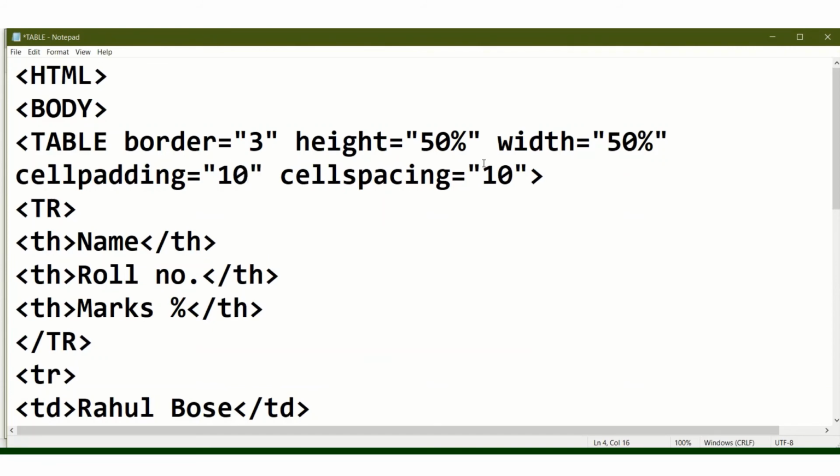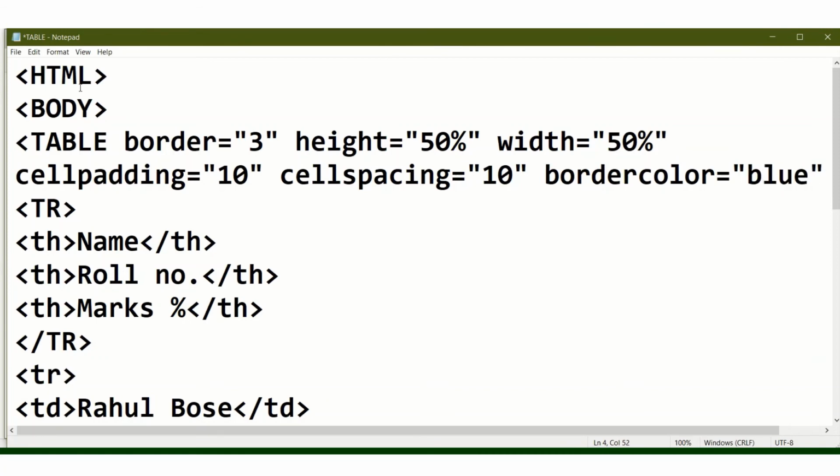Okay, now I am putting the border color. This is another attribute, the border color. Suppose I am writing the border color blue.